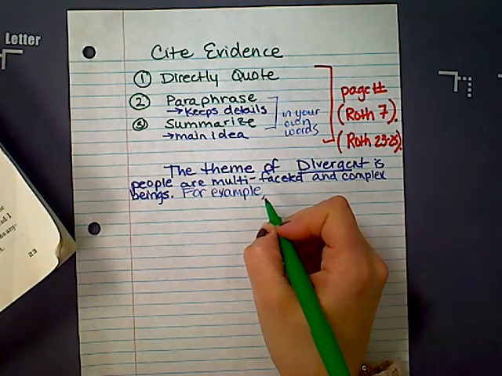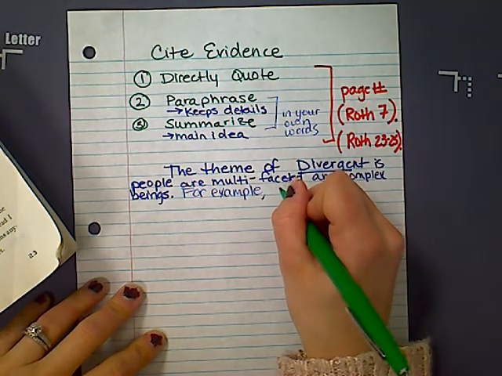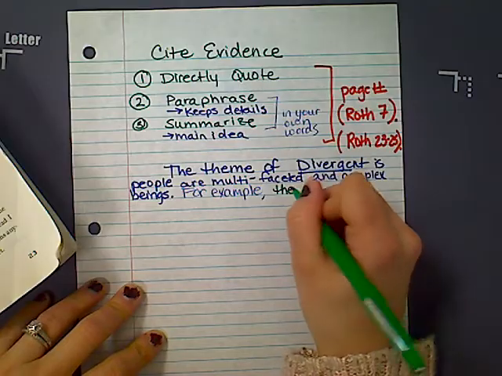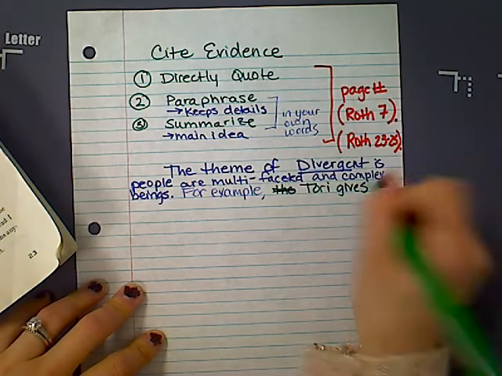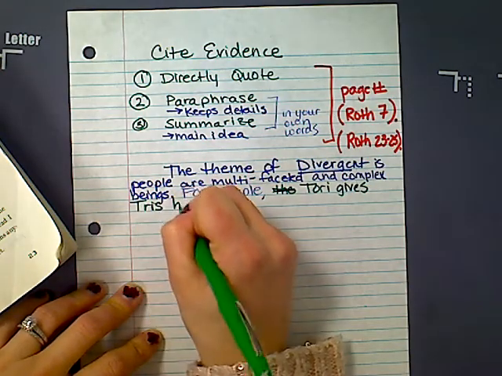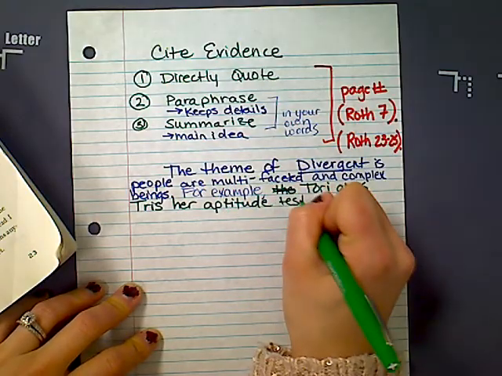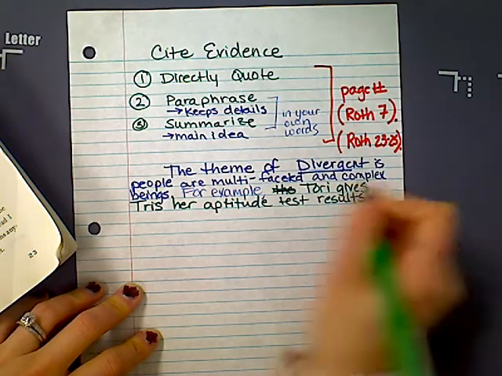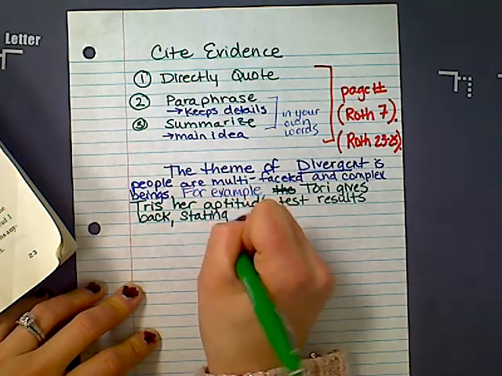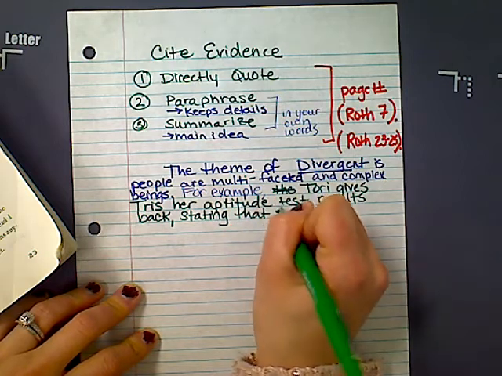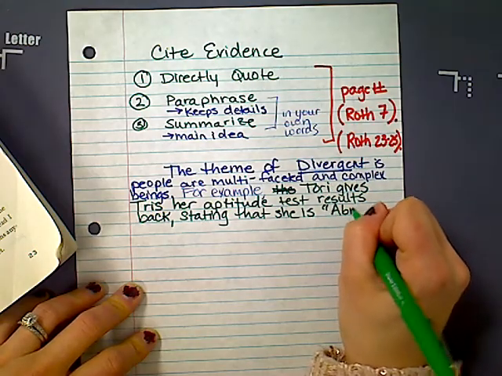So I'll say, for example, Tori gives Tris her aptitude test results back, comma, stating that she is, here's my quote, abnegation,